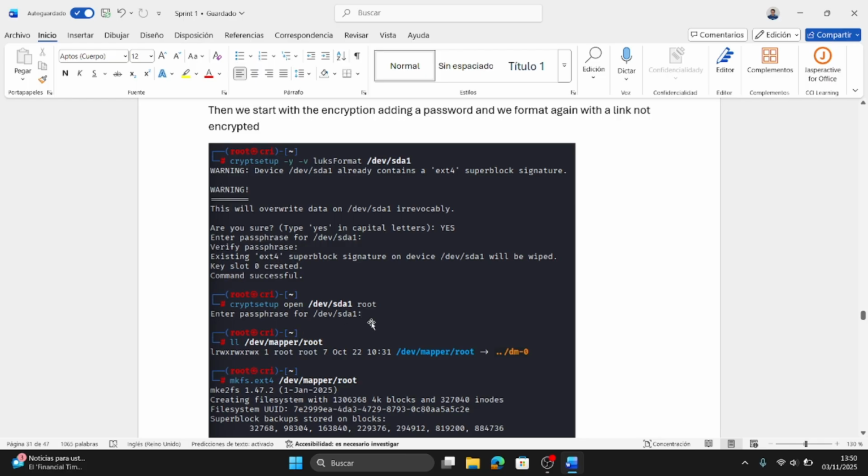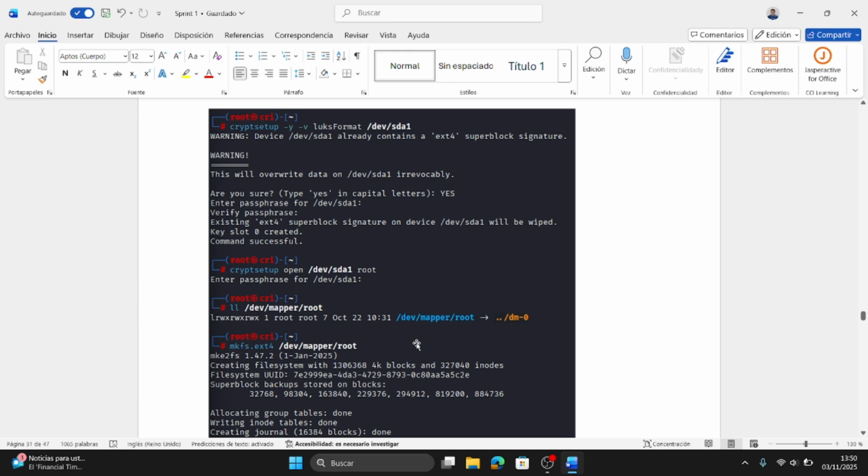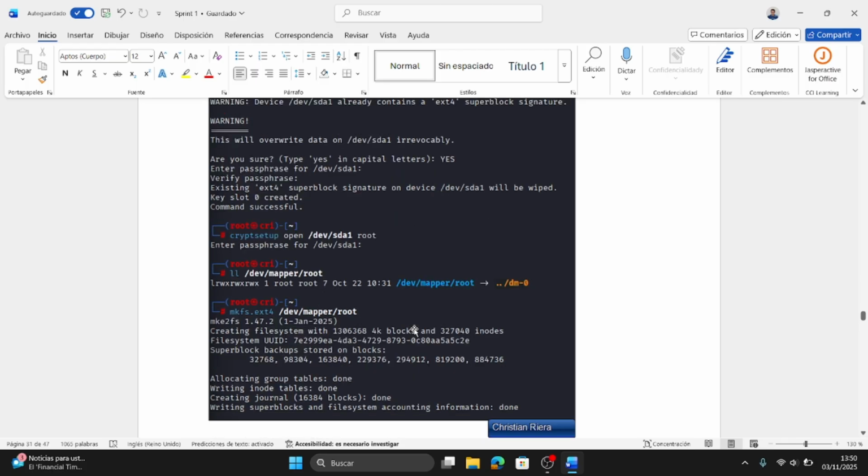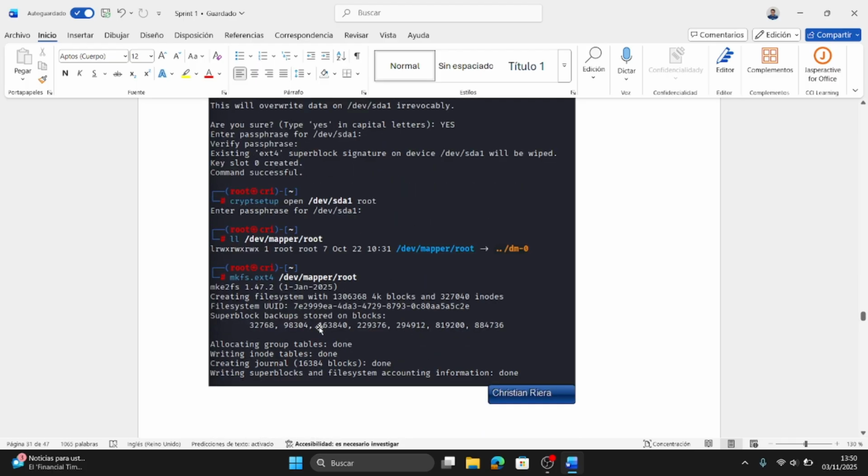This password is important because later we are going to use it when we restart the computer. So we have to put a passphrase that we have to remember. We create the new mapper root directory for the partition and we use it.